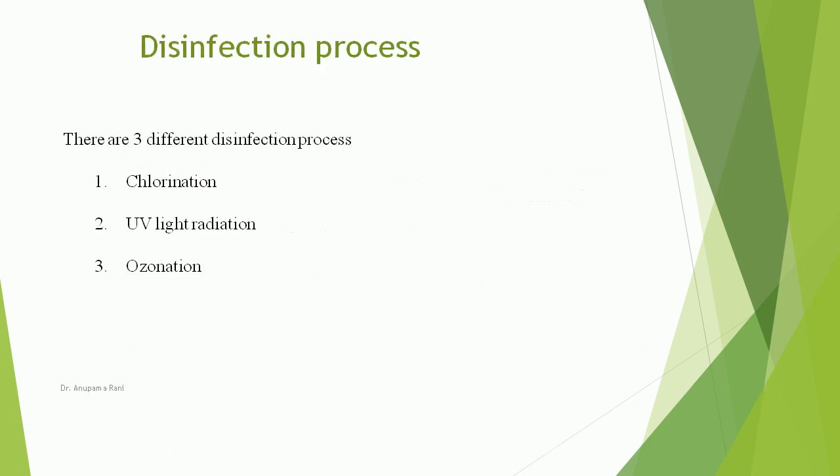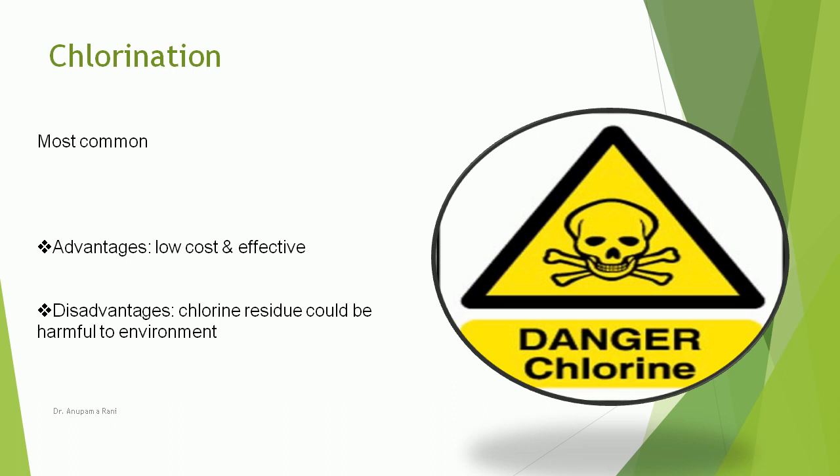Next in the list is the disinfection process. There are 3 different disinfection processes, which are 1. Chlorination, 2. UV light radiation, 3. Ozonation. Chlorination is the most common disinfection process that we come across every day, especially in swimming pools. The advantages of chlorination are its low cost and effectiveness, but the disadvantage is that chlorine residue could be harmful